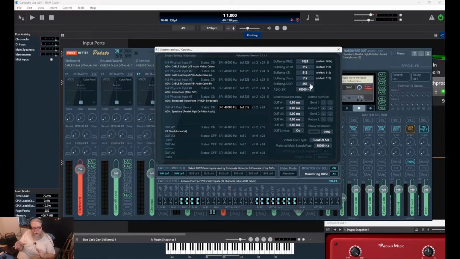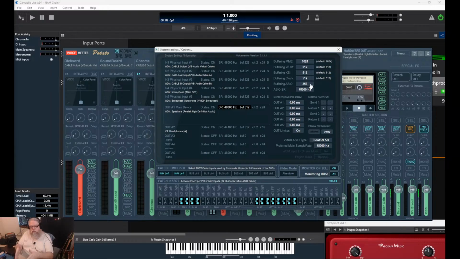128 in a perfect world is going to give you about 10 to 20 milliseconds of latency, which is good enough for you to be able to play and not hear that latency. You're going to want to get it down low, 128 or lower. 96 is better, 64 if you can handle it.